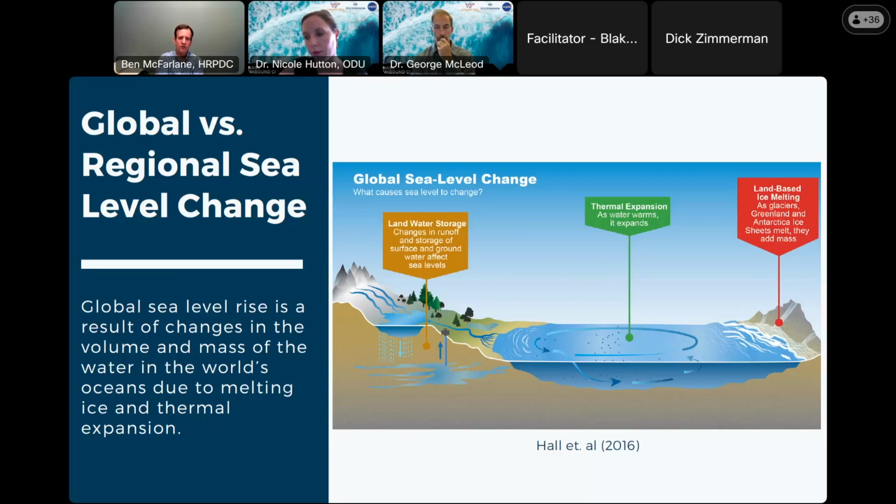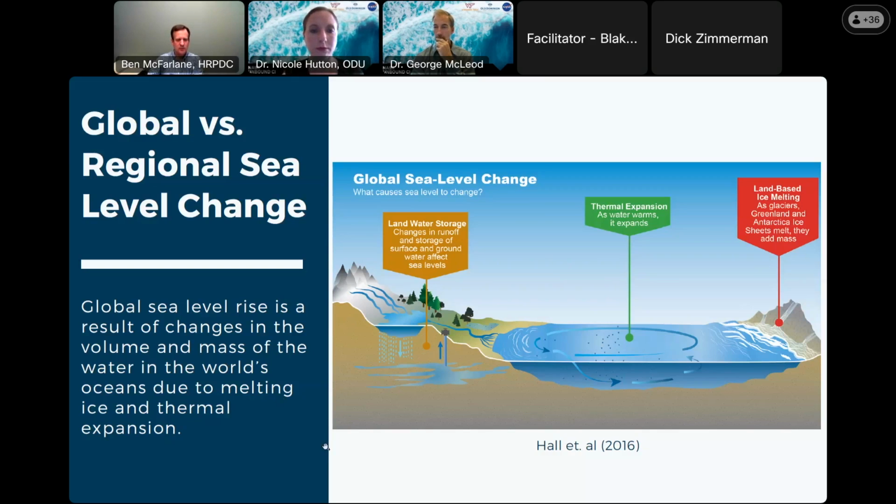And so when we're thinking about the higher level or the global causes of sea level rise, it really boils down to two things. One, we have ice that's melting on land. You may have seen some of the commentary where they'll show ice melting in a glass of water or something, and how it doesn't change anything. But we're talking about ice, that extra ice you're adding to the glass. And then thermal expansion. As the water warms up, it expands and adds to the volume. So these are the bigger, large scale issues that we're dealing with.